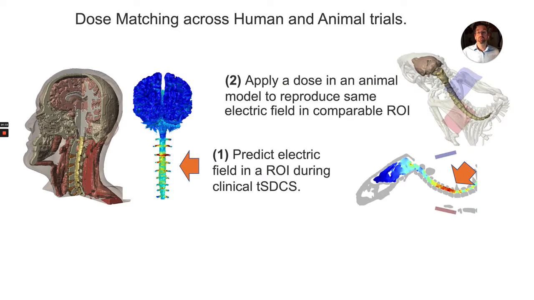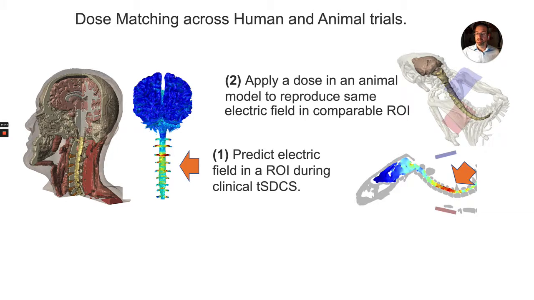Here, really computational models are playing an essential role. And generally speaking, you can think of it as a two-step process. So the first thing you do is you predict the electric field in the target in the clinical case. So if you're doing transcutaneous spinal direct current stimulation, you would position the electrodes where you might think to be applying them in the clinical case. You would predict current flow through the spinal cord, and then you would pick a particular ROI with a particular